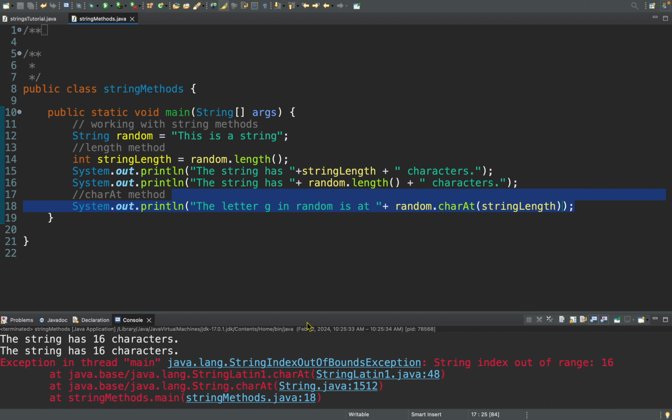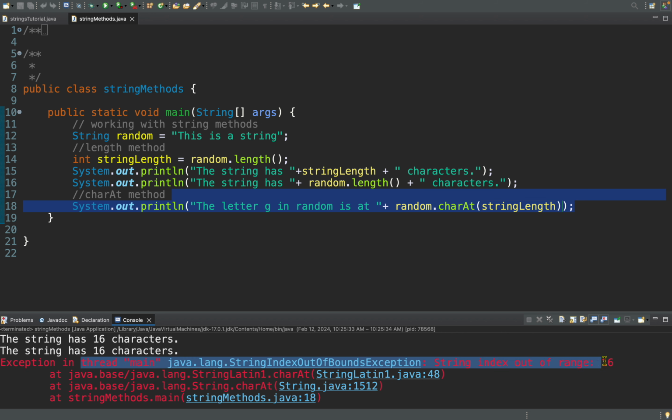You can also figure out that that's where the problem lies by looking right here on this last line. It says on StringsMethods.java on 18. Line 18 is here. I'm on my StringsMethods.java file. So it's telling me exactly where my error is. If you look at your error code, it will tell you where your code is broken. So the main part of the error is actually right here